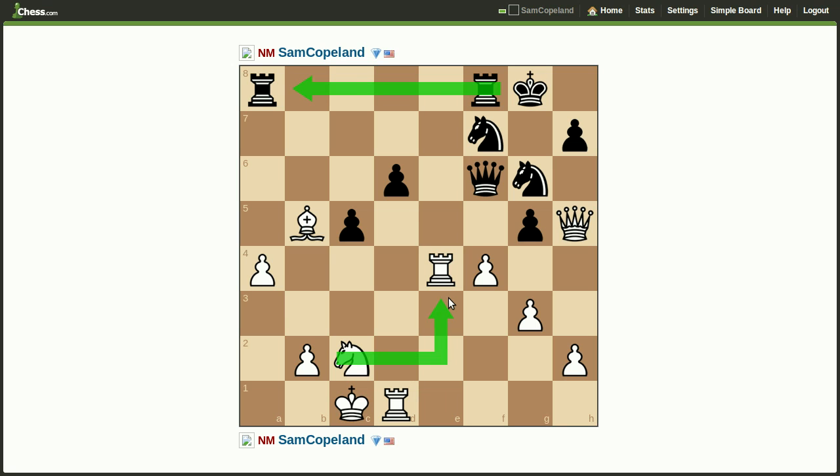Rook to b8, knight to e3, and I'm not sure how black should follow up. Rook to b8, knight to e3. Well, maybe here the trick is that